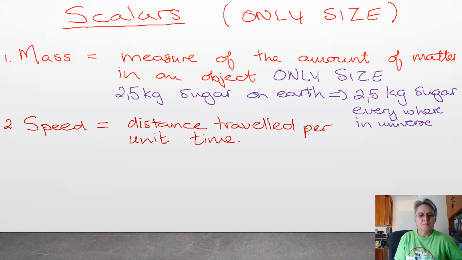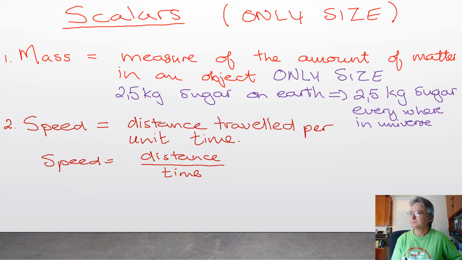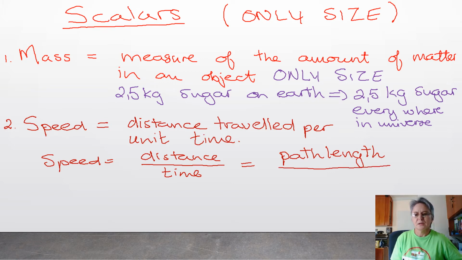So speed is distance over time. Now, to explain, distance is path length. And time is